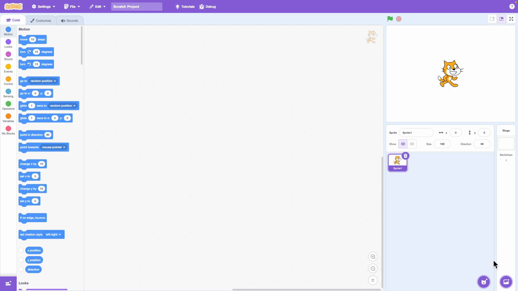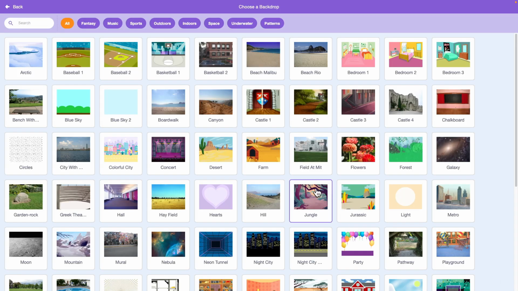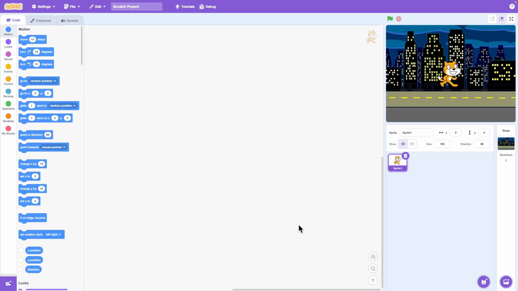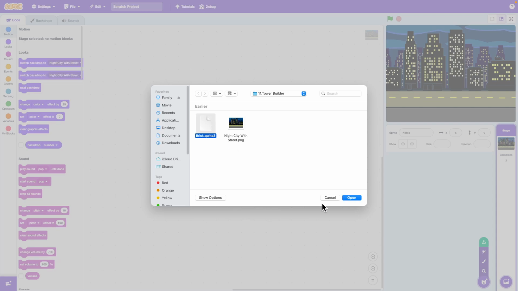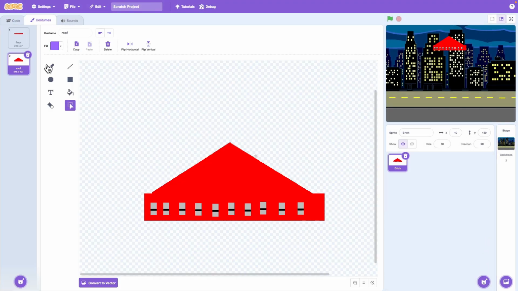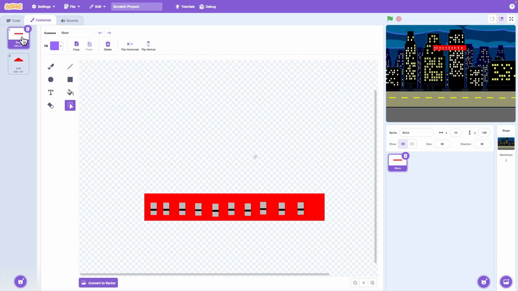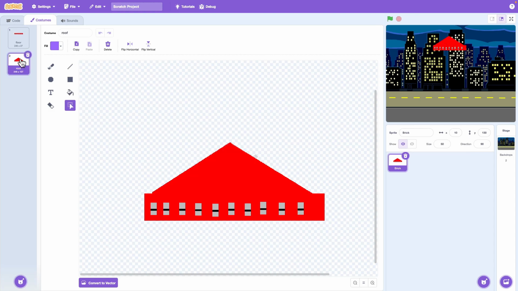First, let's add a backdrop. I'll choose the Night City background. It looks great for a tower building game. Next, remove the scratch cat and upload our tower sprite. This sprite has 2 costumes. One for the floor, with windows inside, and one for the roof, which we'll use at the top of the